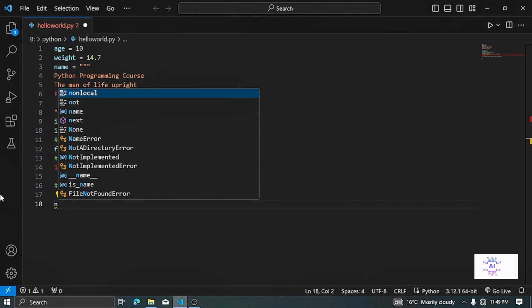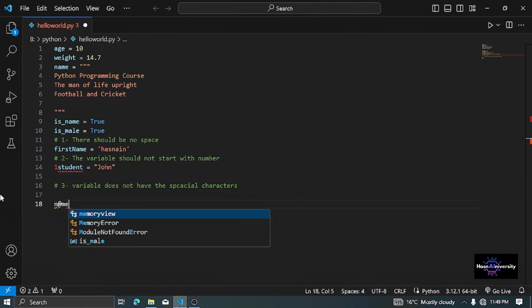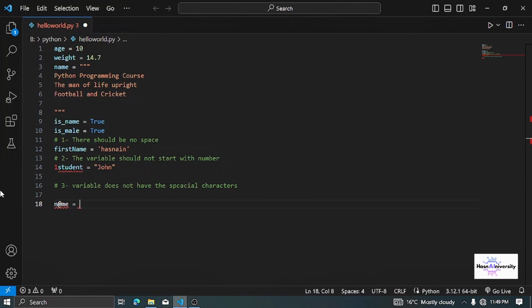Okay, for A I am replacing it with @. Okay, here I am using a special character, so this won't be considered legal. Okay, so name I will write 45. This is giving us an error. So these were the rules and the way to write